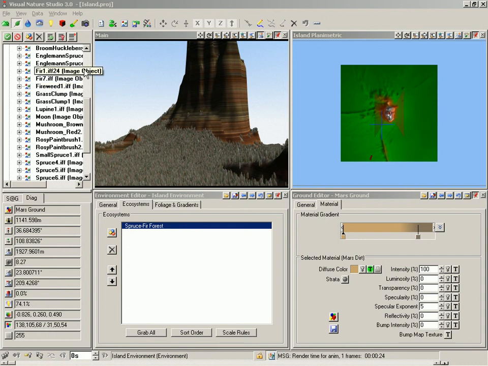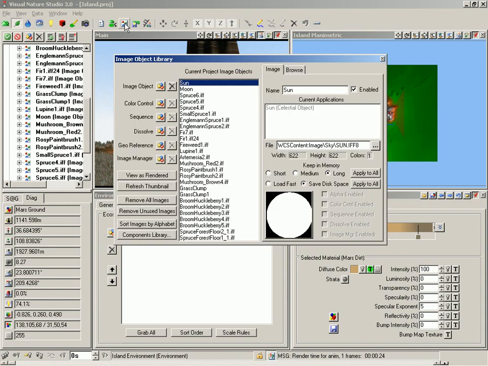The best place to find them and work with them is the image object library, which is this icon on the toolbar. So click that to open the image object library. And this is a place you can add, remove image objects, and edit image properties. To optimize image loading and render time, let's go down to this keep in memory section. And we're going to load fast